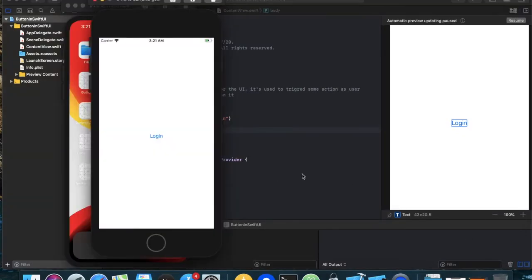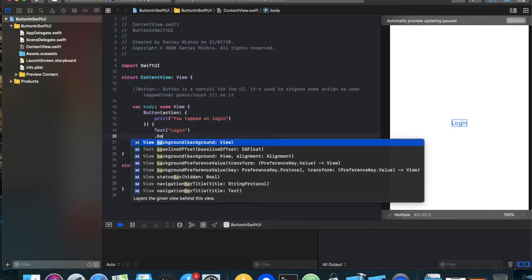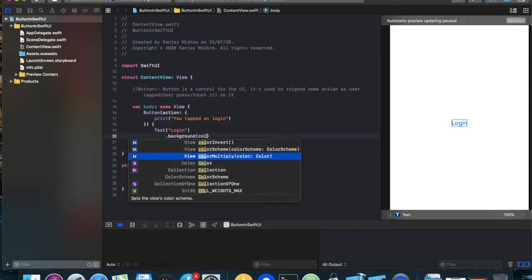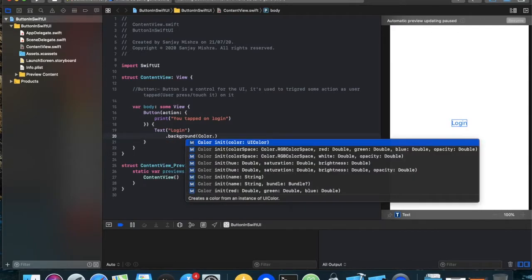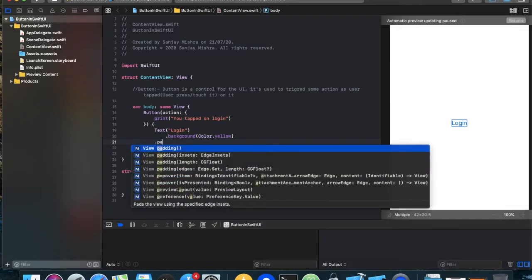Now let's suppose I just wanted to apply some styling on this button. So for that we'll apply some styling as well. Let's suppose the background color, I just wanted to set some background color. Color dot yellow. Then after I just wanted to apply some padding.